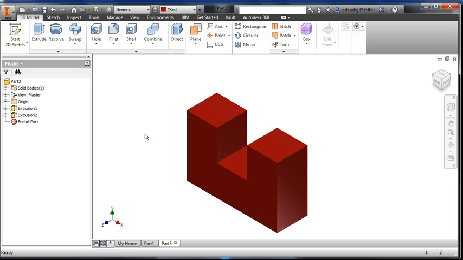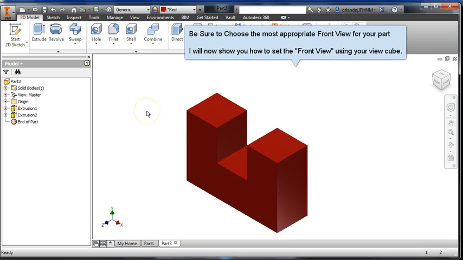Now, be sure to save this file as you're instructed. You'll end up creating 5 of these parts. In the end,